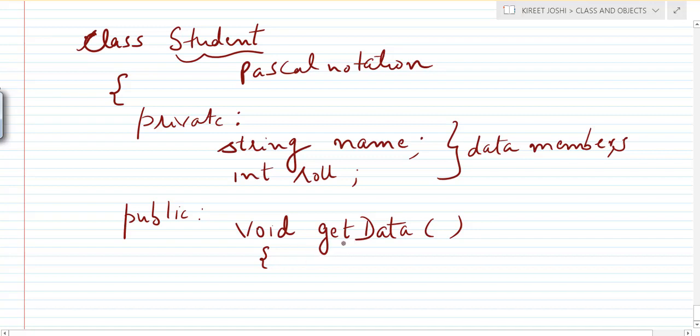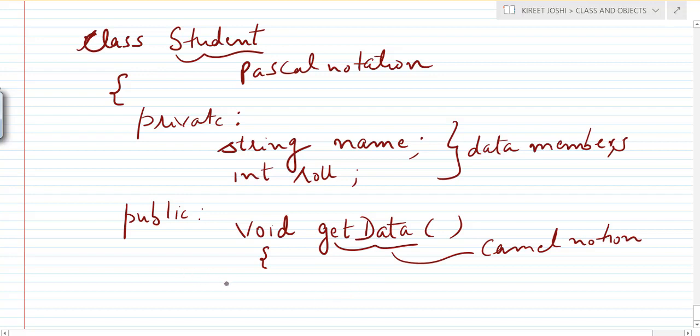There is also a naming convention here: when creating a function, the first letter must be small, and if it contains two words, the second word must start with a capital. This is known as camel notation, and it will help you in studying further languages in your higher classes.